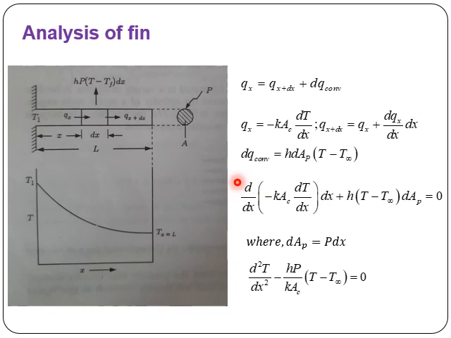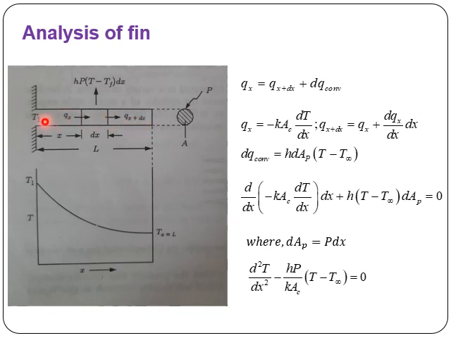Now the next thing is the analysis of the fin. Let us consider a base surface which is maintained at a temperature of T1. You can also use notations such as T0 or Tb, which is the temperature of the base surface at x equal to 0. Now when you don't have any fin, the only area which is available for heat exchange by convection is the base area, which is equal to the cross section area of the fin. Now if you provide a fin, you are actually increasing the surface area which is available for heat exchange by convection.